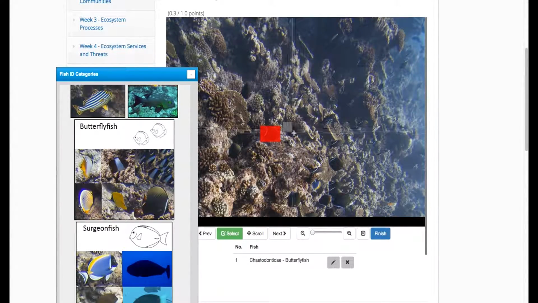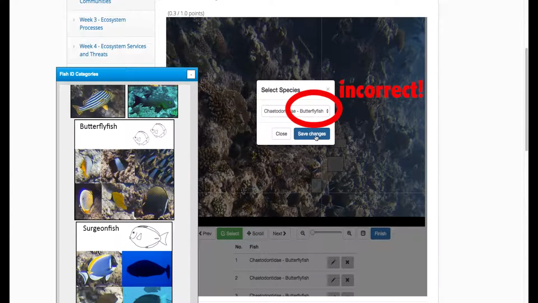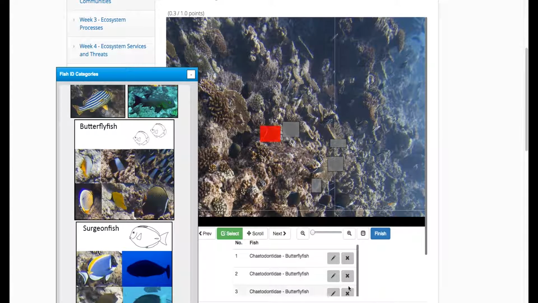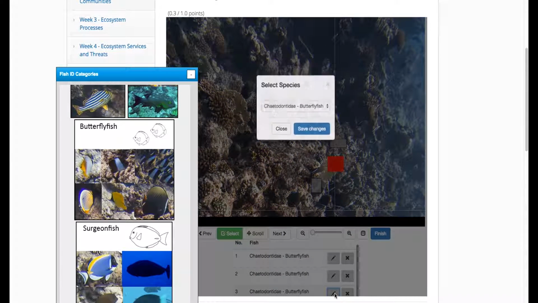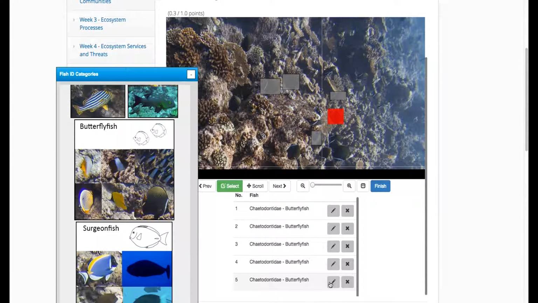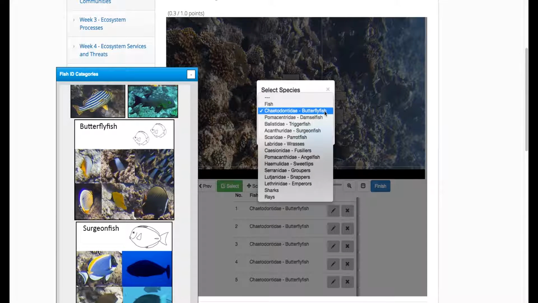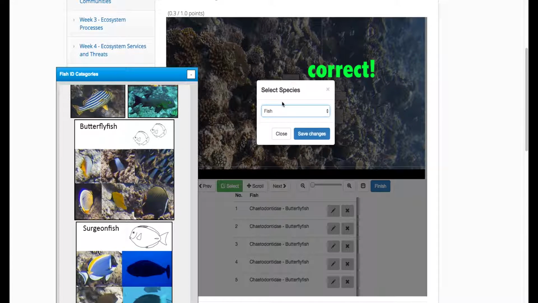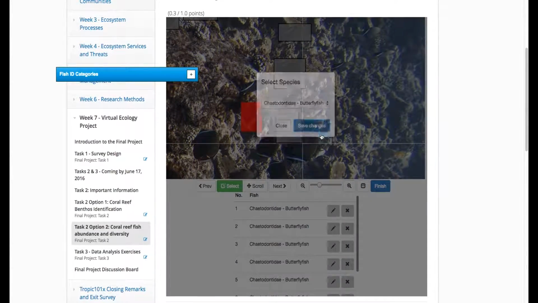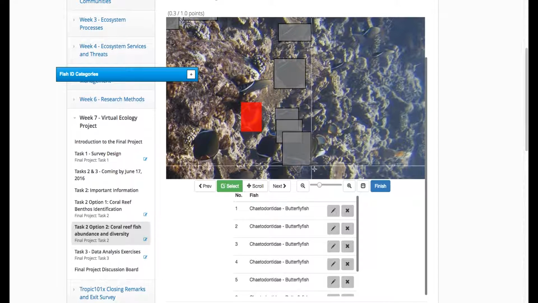Your labeling pop-up will remember the most recent choice you've made. Be careful not to accidentally label a fish the wrong family because of the pop-up's suggestions. When you click the editing pencil icon, a box will turn red to show you which fish the label refers to. If multiple fish overlap each other, do your best to draw a box around where each fish should be.